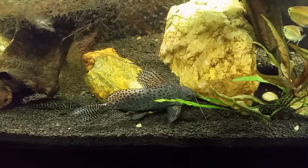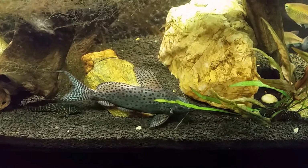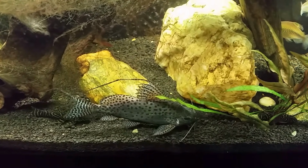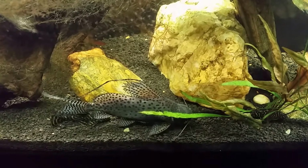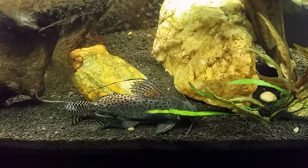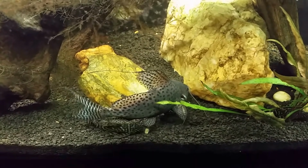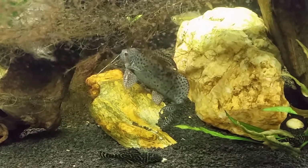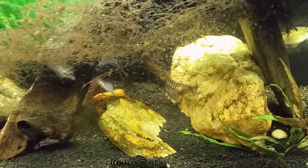Hey everybody. I know it's a little difficult to tell, but at the moment we are looking at 3 of the catfish that are in my 125 gallon tank. On the far right and left you will see the smaller chocolate zebra plecos, and then front and center of course you can see my Synodontis Eupterus. They also go by the name African Featherfin Squeaker, and all of the Synodontis catfish are considered upside-down catfish, although